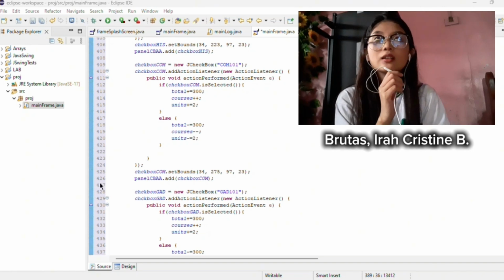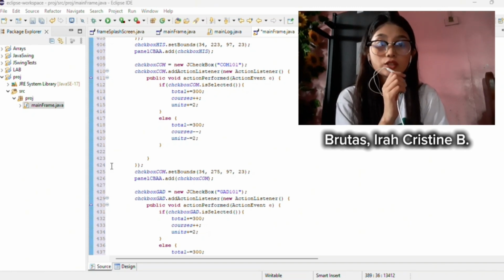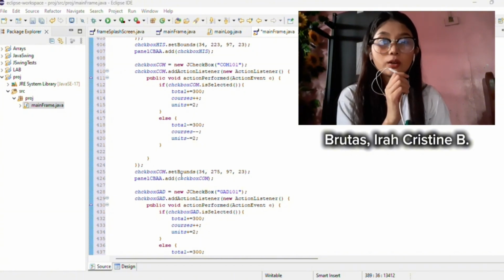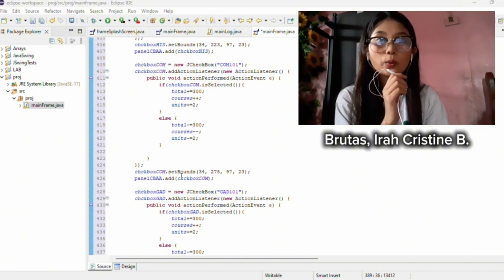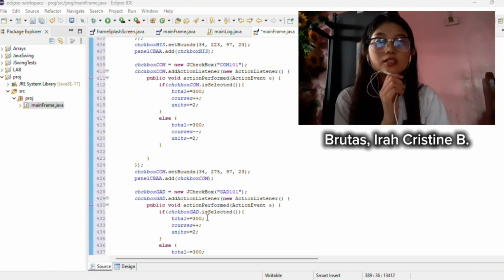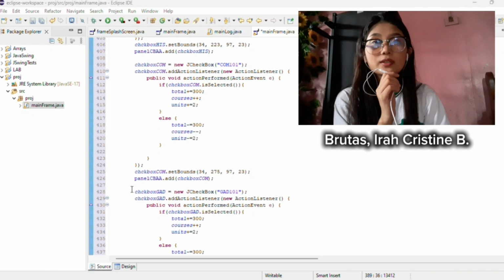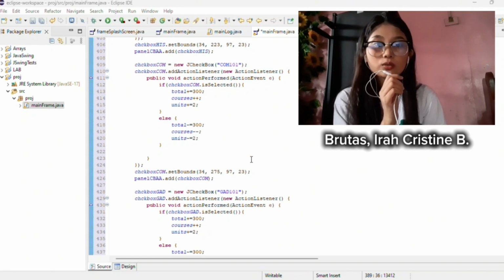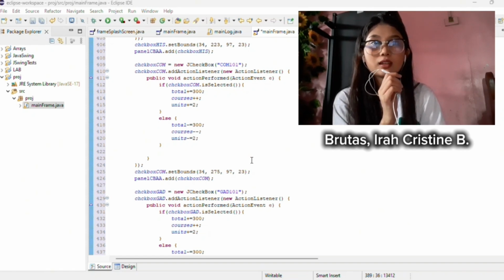This panel also includes several checkboxes representing different subjects: IS 101, COM 101, GAD 101, and PED 101. Each box is placed at a specific location and has an associated action listener that updates various counters and the total when the checkbox state changes.